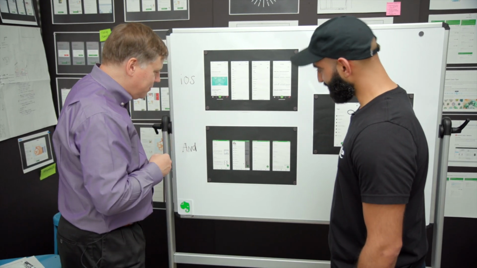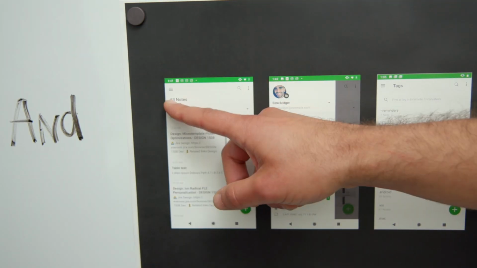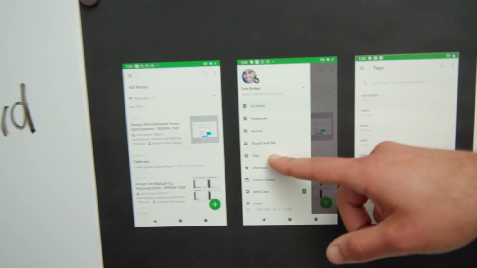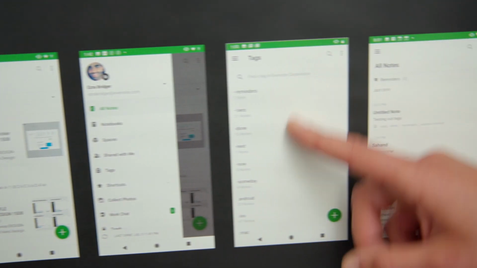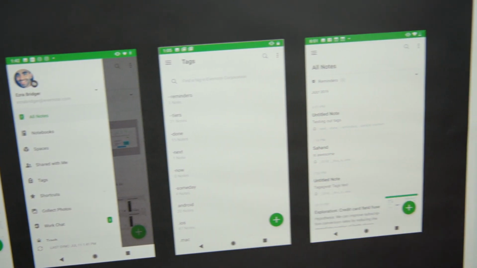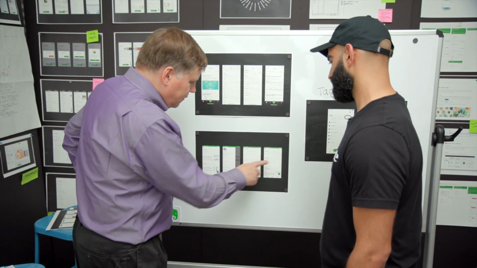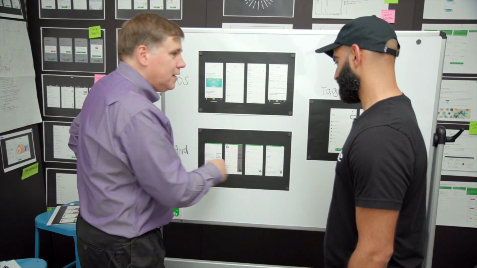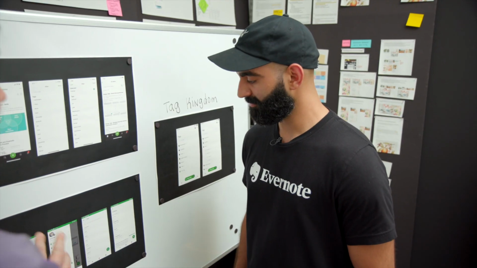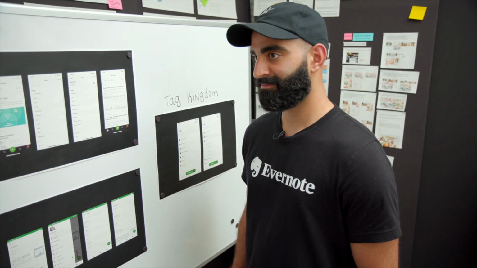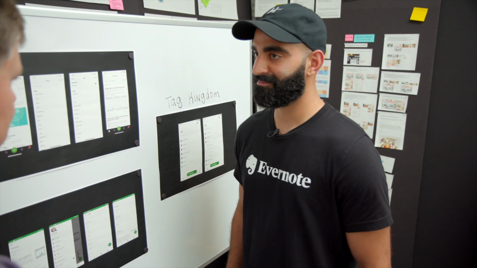What about on Android? Is it any better? A little bit. You can tap on the hamburger menu and then tags, and you'll see a giant flat structure. And then you can actually see the tags associated with that note. So things are better because I can see the tags in the note, but I still can't see my hierarchy. So we're making some progress on Android, but still not really where we want to be. Right. Okay, room for improvement across the board.